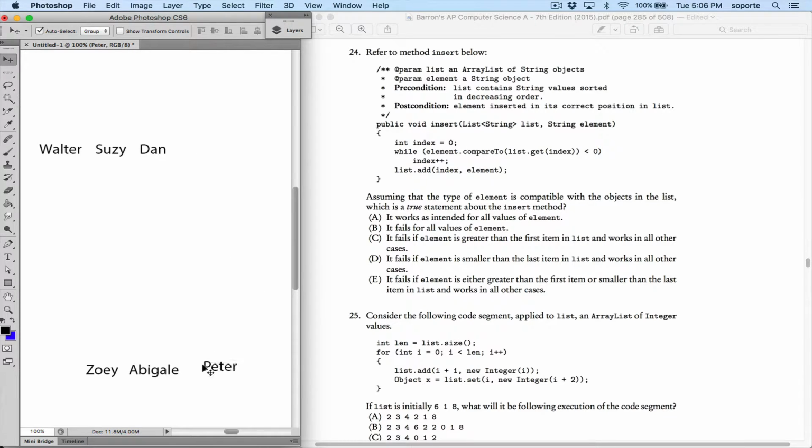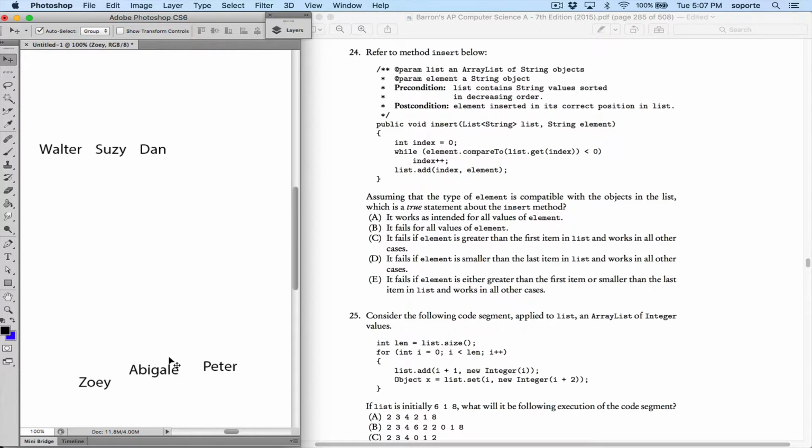How about for the case where the name is greater than the first, so we don't even get into the while loop, right? So that's never true. The index never goes up. The index remains at 0. We add at index 0, Zoe, yeah, that's fine. So Zoe gets added there. Walter, Susie, and Dan all have their indexes raised by 1. The size of the array list changes, however that's possible to do in memory, but it works,